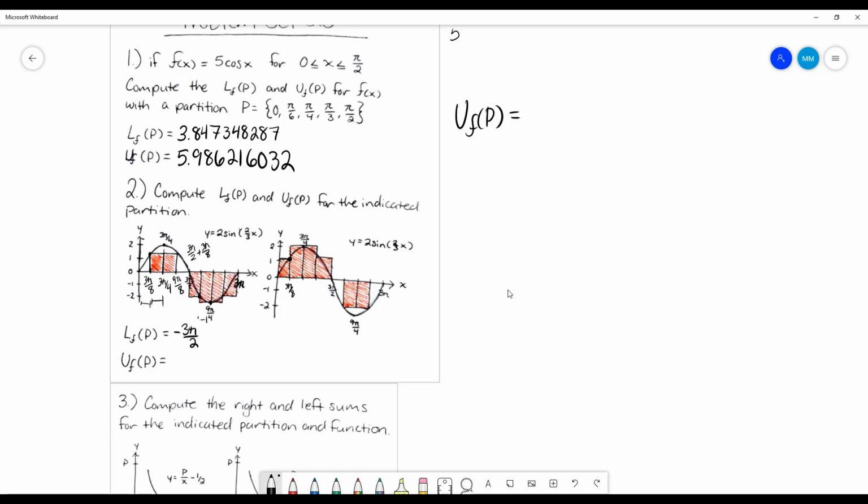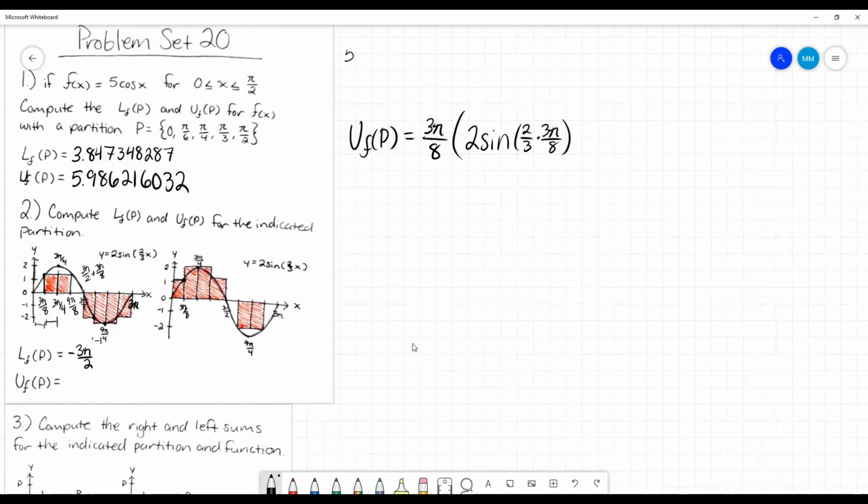And again, we can factor out that 3 pi over 8 because they're all going to be that same distance. So then it's just this height here, which is 2 sine 2/3 times this height of 3 pi over 8. Next up, oh, and I actually see that that's going to be